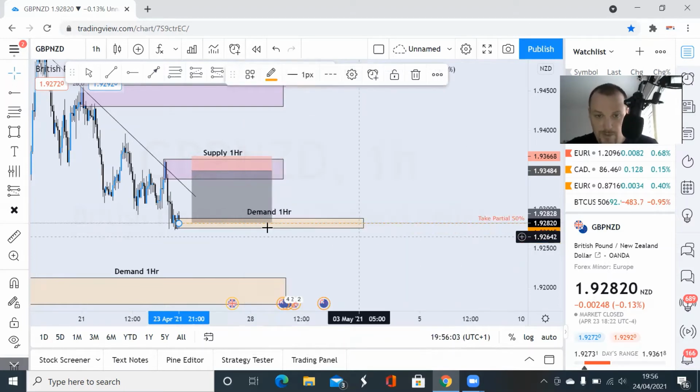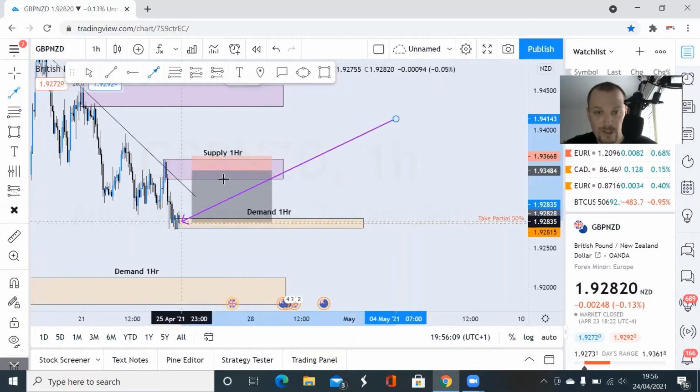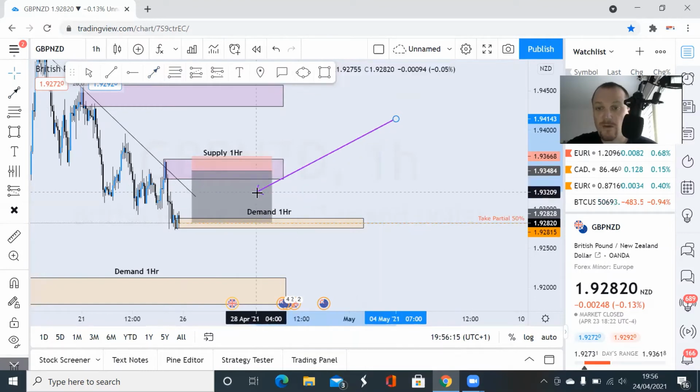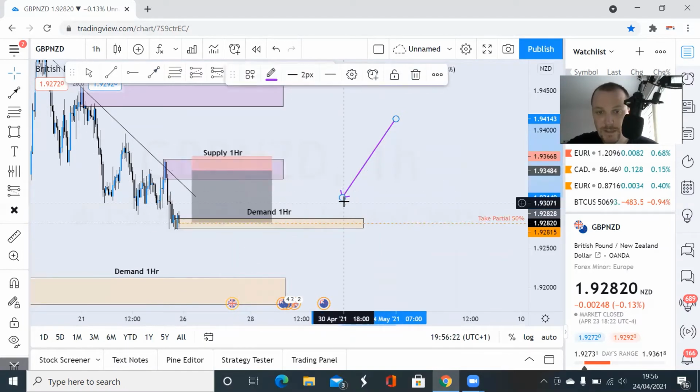Okay, take partial 50% of your trade. Then what you could do technically, once you've come down, if this comes up and mitigates here, it comes down to here, and it's giving you that 1 to 3.57. You could take half your partial, half your trade, okay, from this area here,